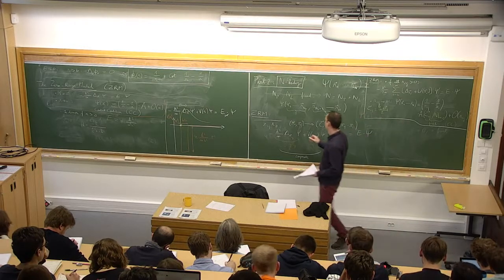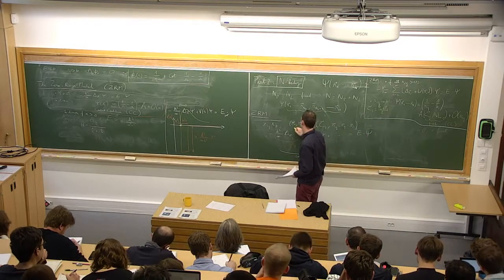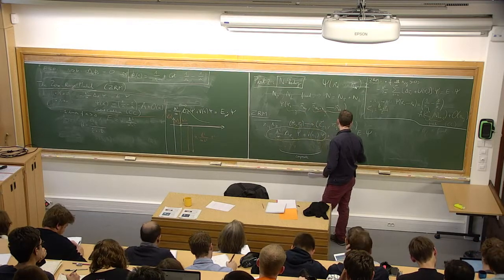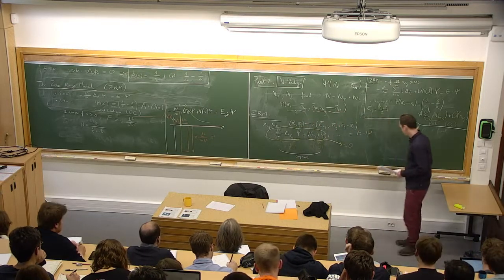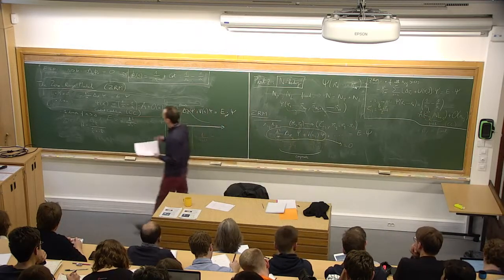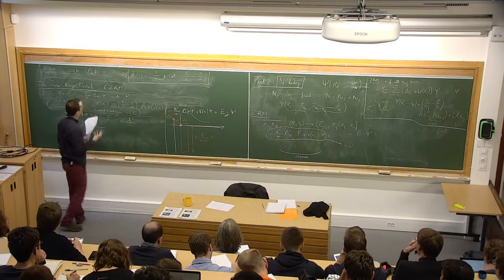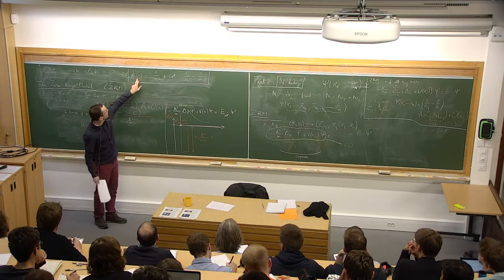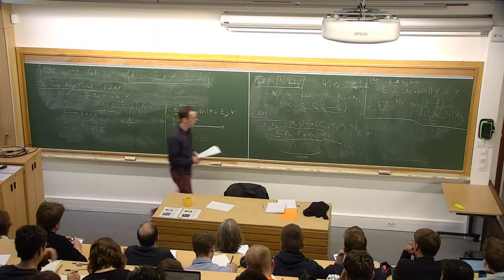Therefore, you see that basically this thing here to leading order should be equal to 0. And this is nothing else than the Schrödinger equation for the two-body problem, whose solution is actually phi_0 of r. So from this,